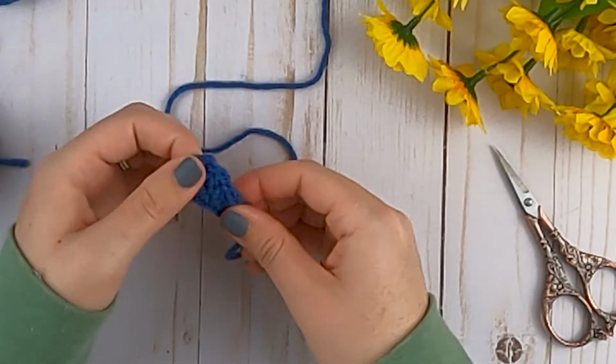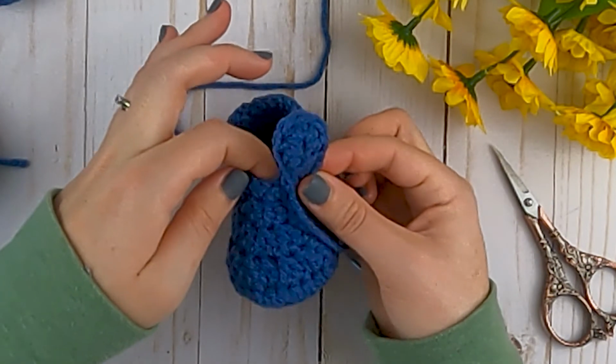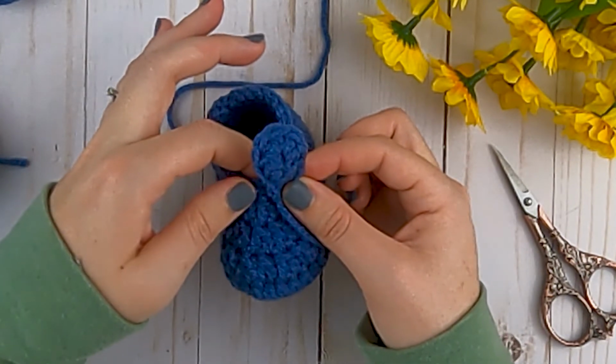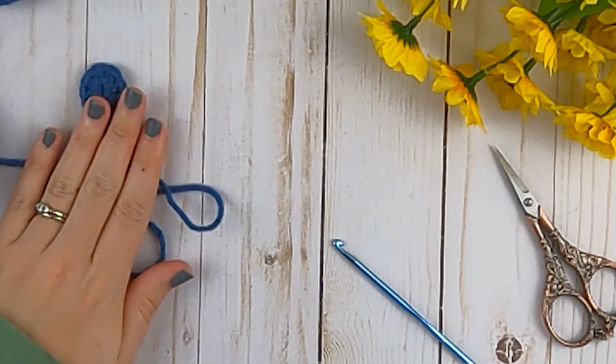Okay, and this is what our bunny ear looks like. And you can kind of pop it out like that, and then we'll sew it on to the top part of our shoe. So before you do that, make your other 3, and then you're going to want to make